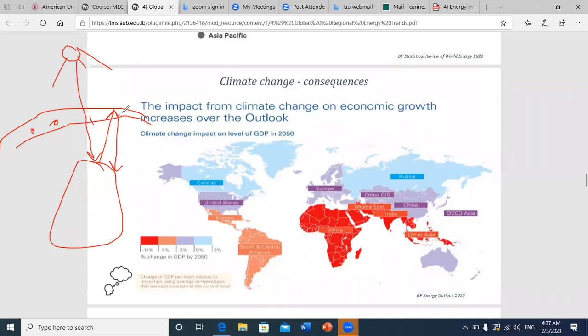So if you emit a large quantity of heat back to the earth, this will lead to increase in the temperature of the earth, and this needs to be avoided because in some regions we can start to observe this,